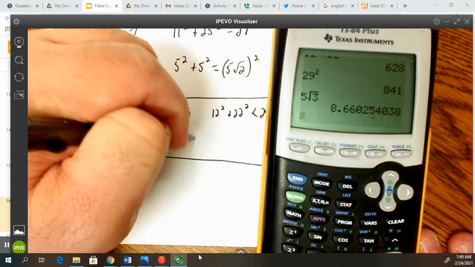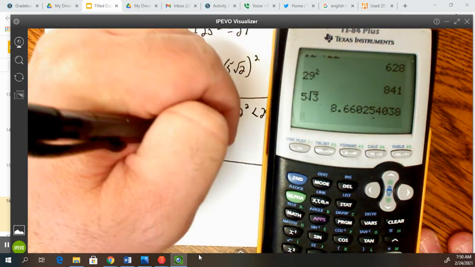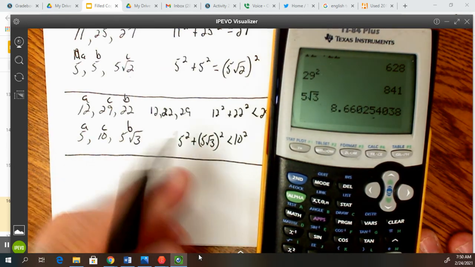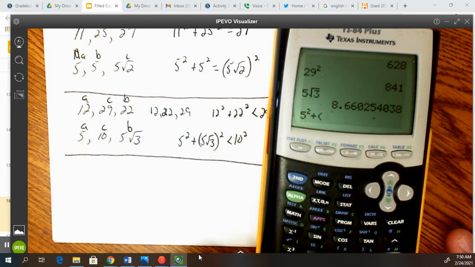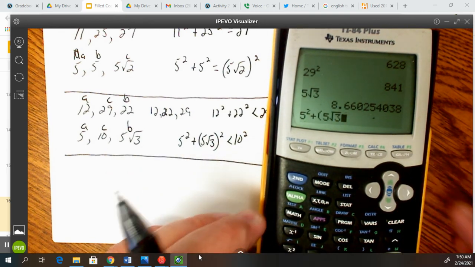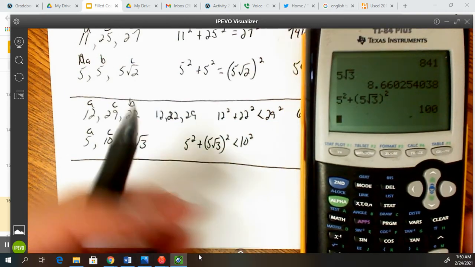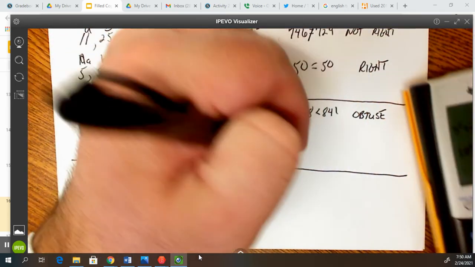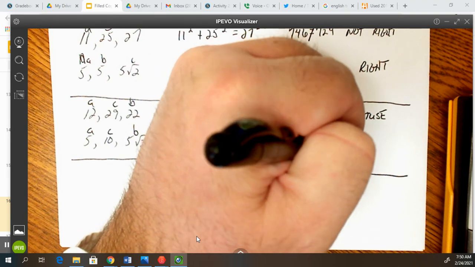So does 5 squared plus 5 square root of 3 squared, is that less than 10 squared? Okay. So I'm going to do this side first. 5 squared plus, and be sure and put in parentheses, 5 square root of 3. And notice how I hit that over arrow to get out of it. Squared. So that's 100. And 10 squared is also 100. So is 100 less than 100? No. So this is not